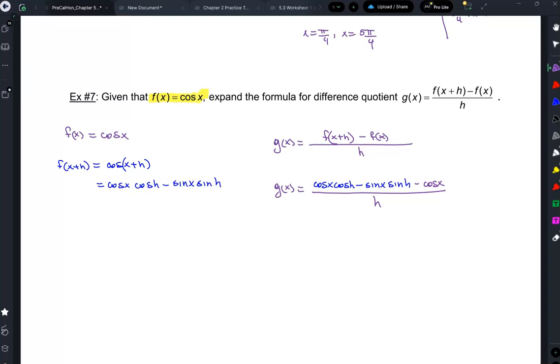Okay, yes, Josie, did you have a question first? Oh, yes. For the f of x plus h, why does it turn into the cosine of x, but why is the h in the parentheses? Why wouldn't it just be like cosine